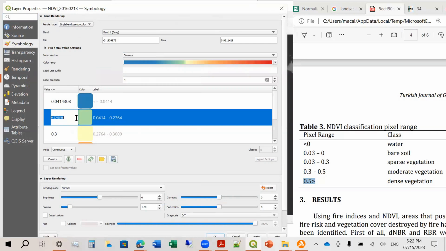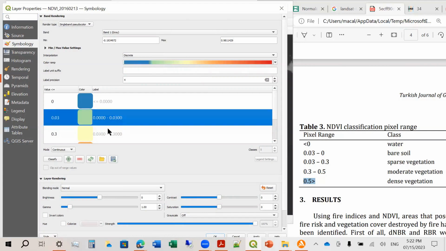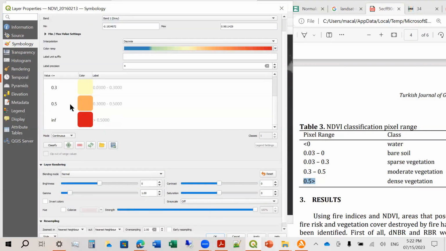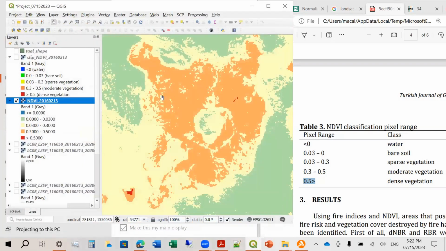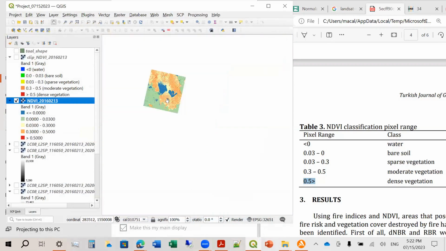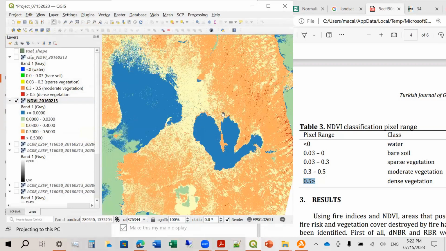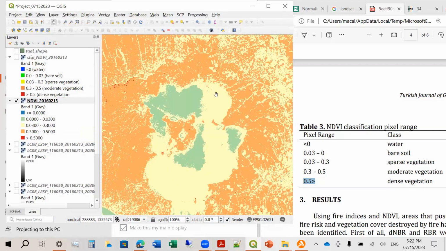Then this is 0.03. And then this is 0. So I think this is good now. So let me just apply it here. Okay. So you notice here, the NDVI here is negative, so water. Okay, so that means this is a mixture of water and other things.